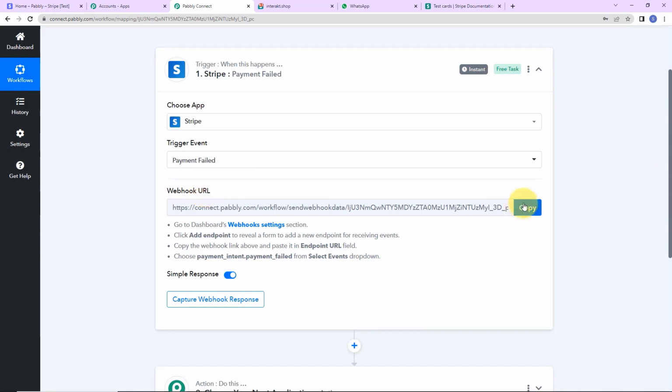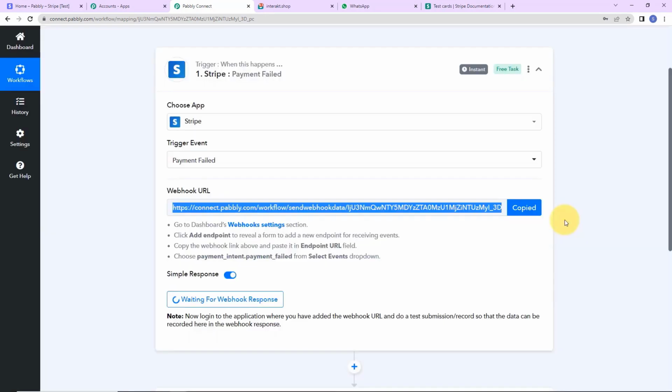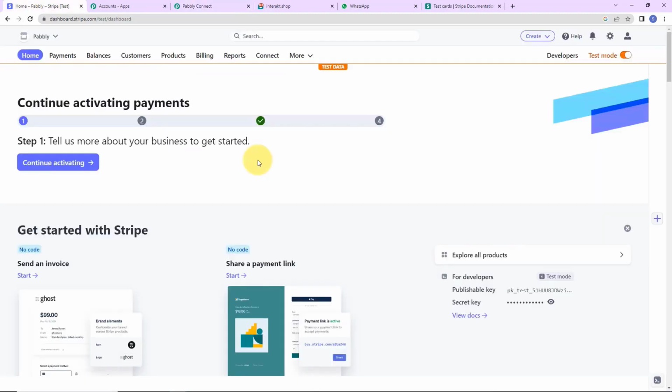So what I'm going to do is, first of all, we have to copy this URL that has been provided here, and this here is the help desk. So please read this carefully. Let me show you exactly what we have to do. So I've already logged into my Stripe account and I've turned on the test mode because this is just a test submission. So we have to first go to